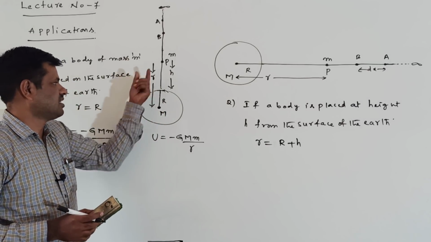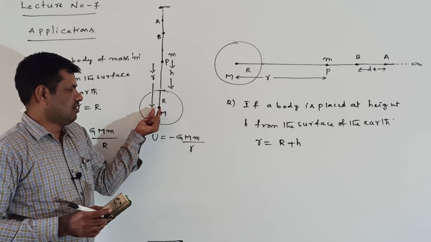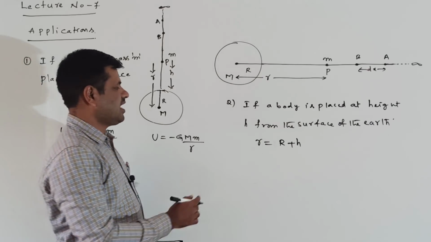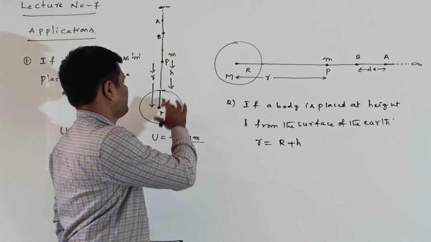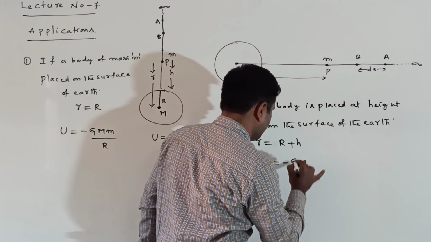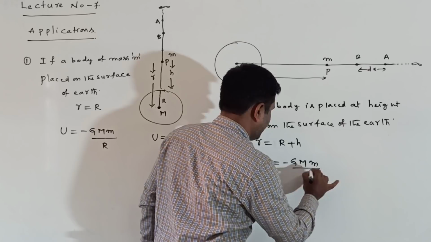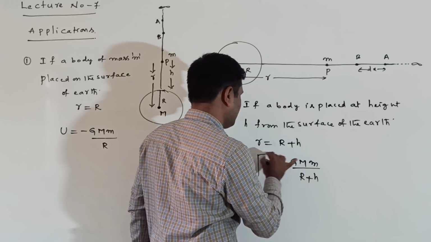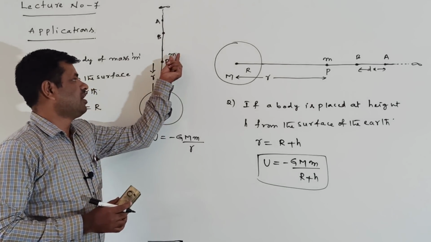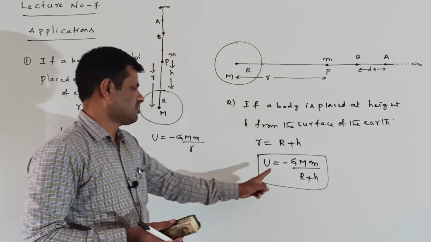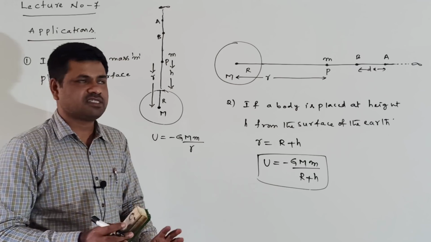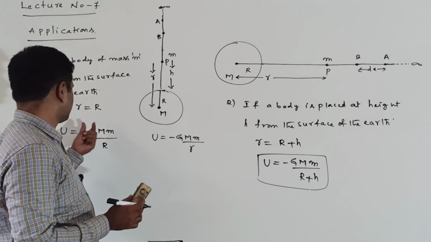That's the reason small r is the distance of point P from the center of the earth. Now small r is equal to R plus h from this diagram. So potential energy can be written as minus G into capital M into small m by R plus h. Here there is no change in capital M and small m, because the earth has mass capital M and the body has mass small m. So just the distance value changes. When placing on the surface of the earth, small r becomes capital R.